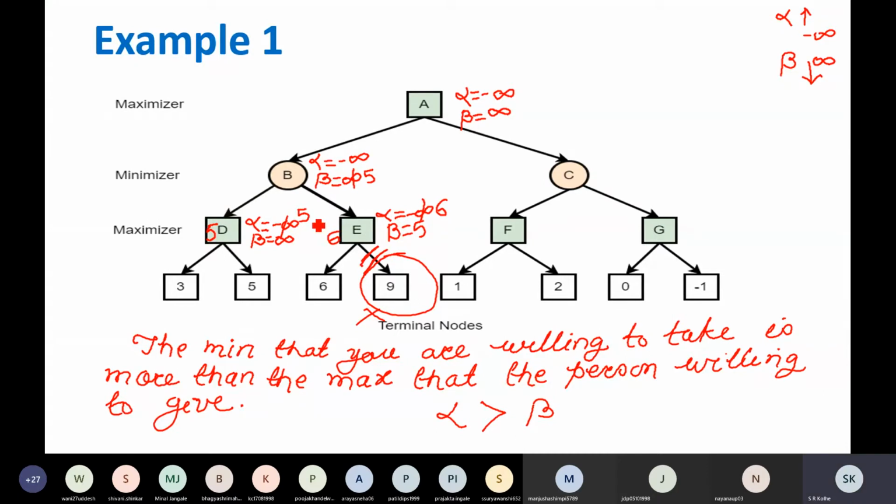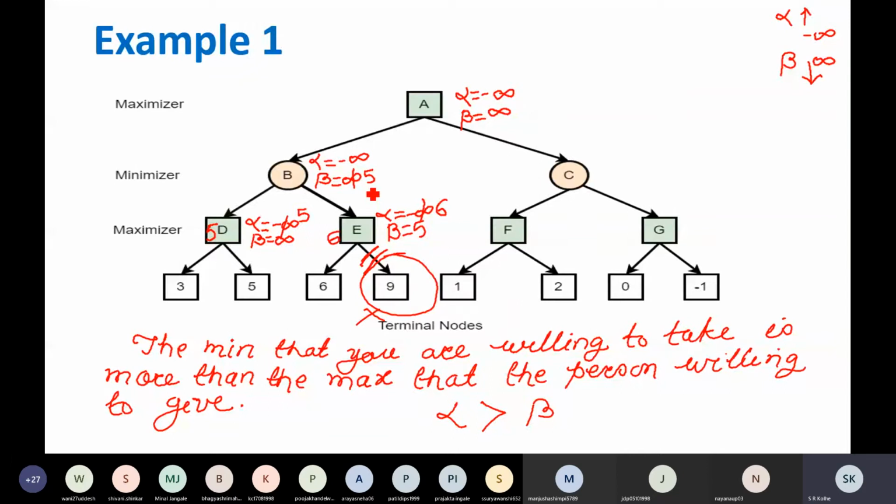Depth first search. Next step will be now, will this value of alpha change out here? The value of beta will be 5 only. But what about the value of alpha?